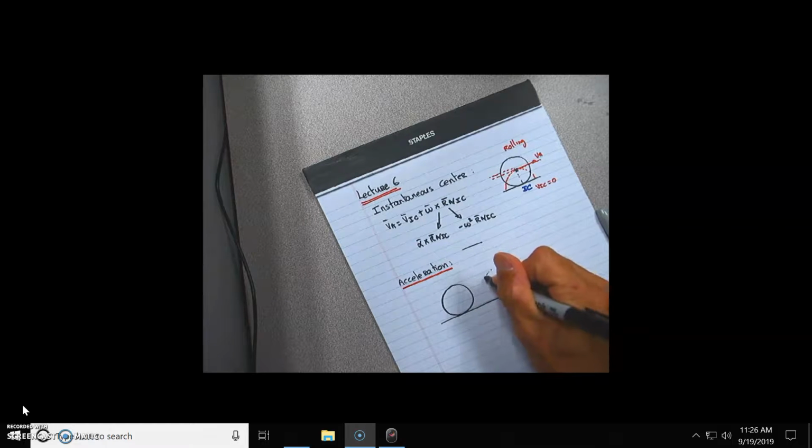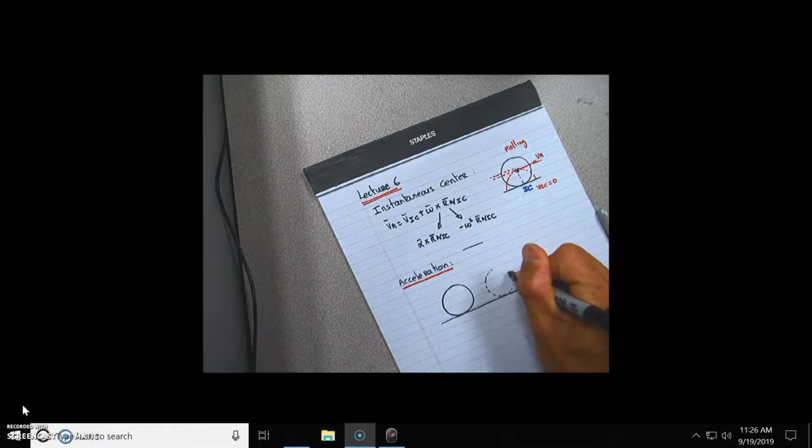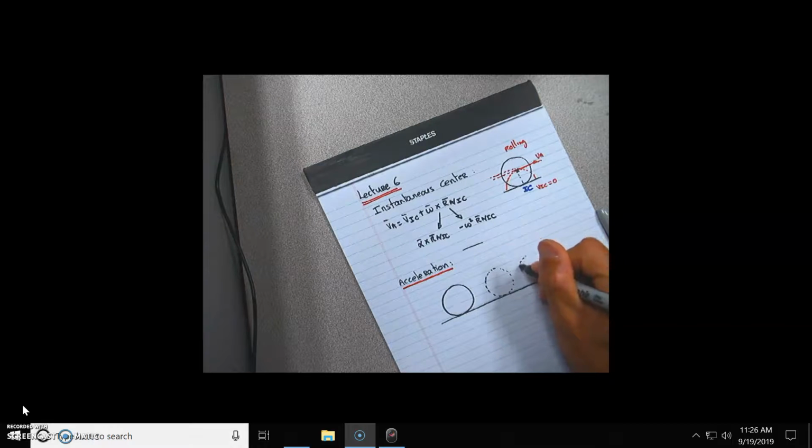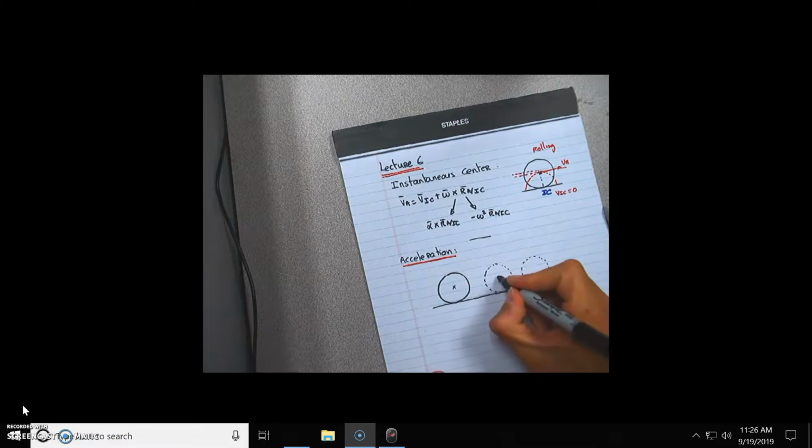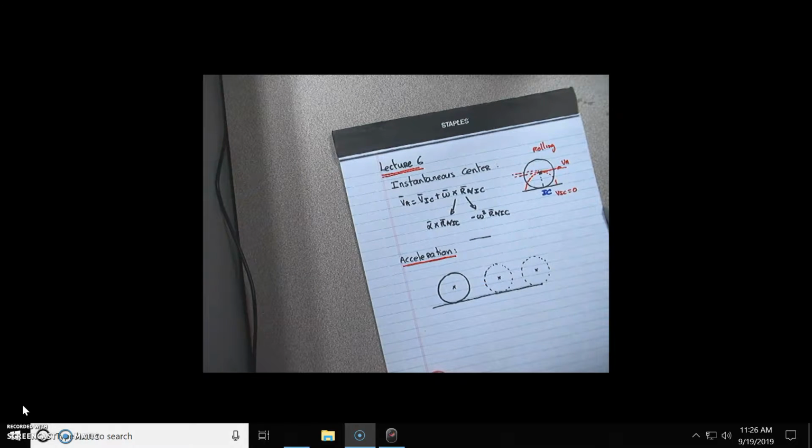Okay, you remember this is like taking a high-speed camera. You take pictures at different times, and then you can look at each frame individually. Okay? So, if you look at the acceleration of the center point of the ball at different instants,